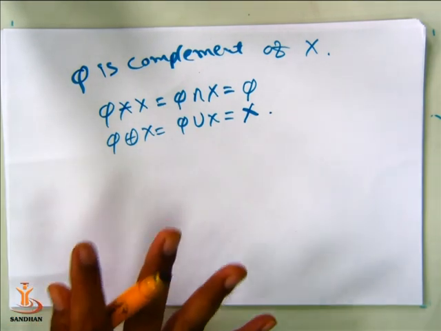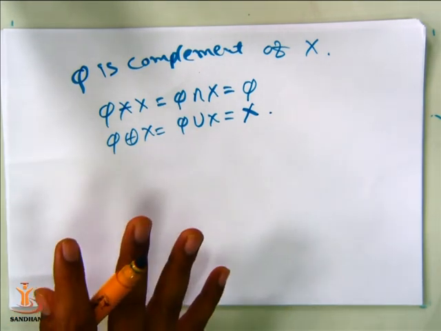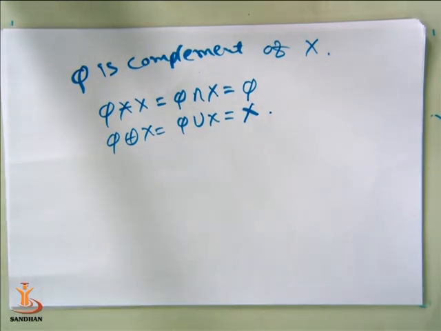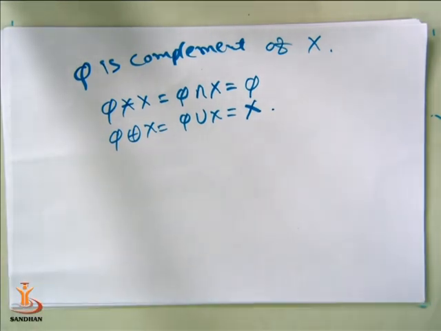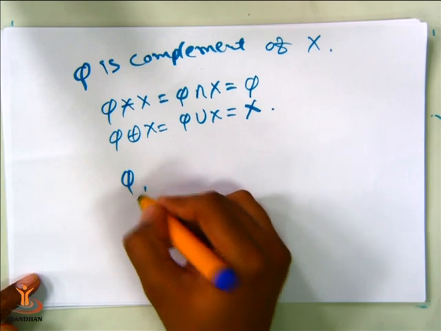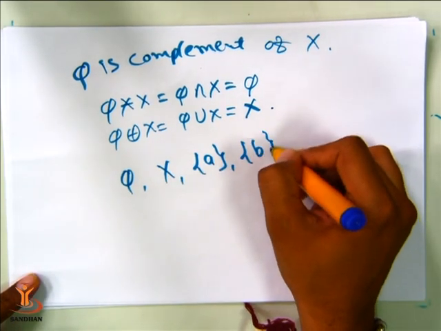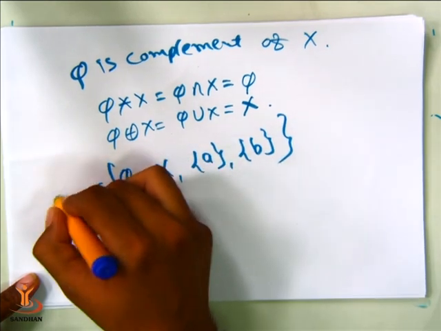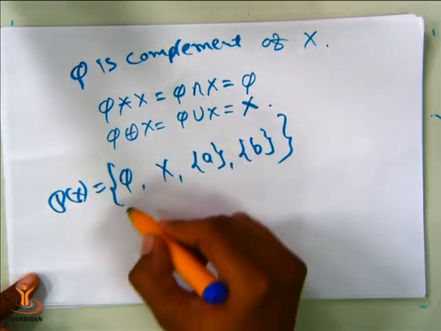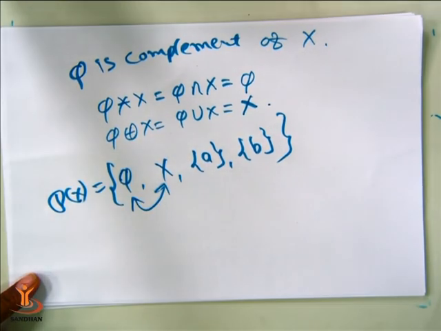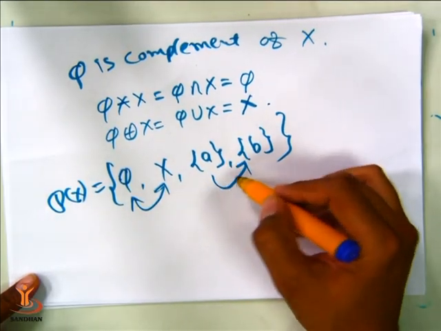So this is about the complement of elements in a set. A complemented lattice says that for each and every element of that set, there should be a complement of that element in the given set. Here we have four elements in the power set of X: phi, X, singleton set A and singleton set B. Now phi is a complement of X, X is a complement of phi, singleton set A is a complement of B, and singleton